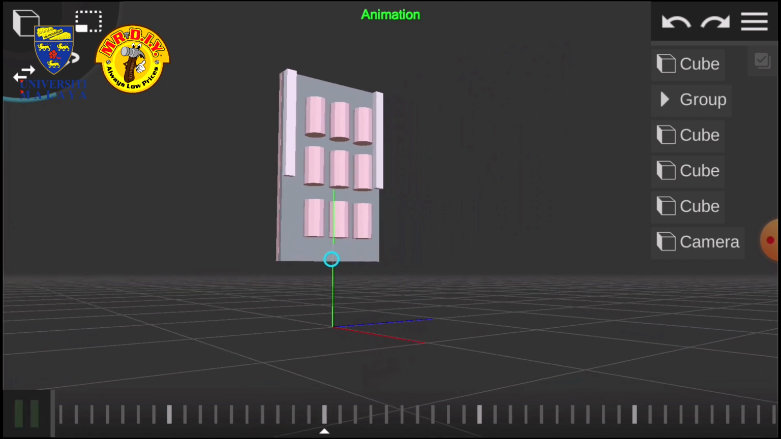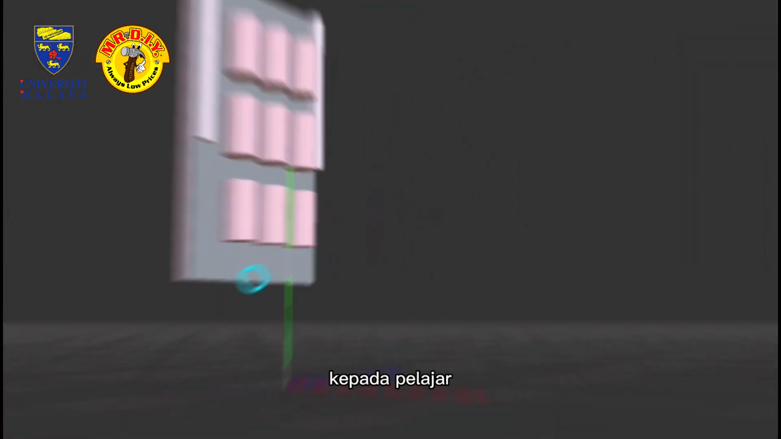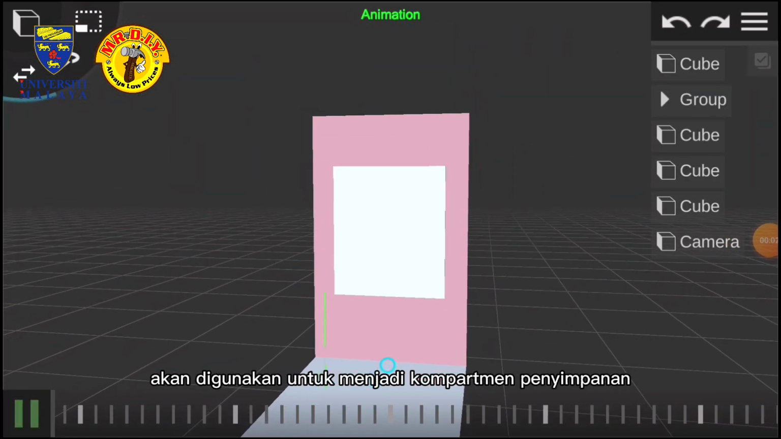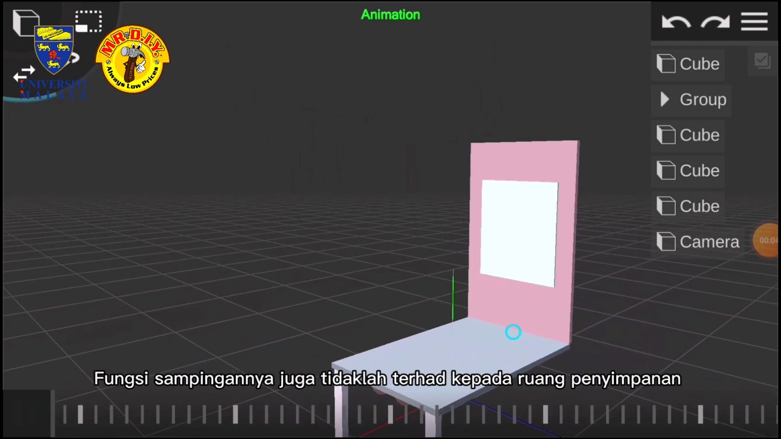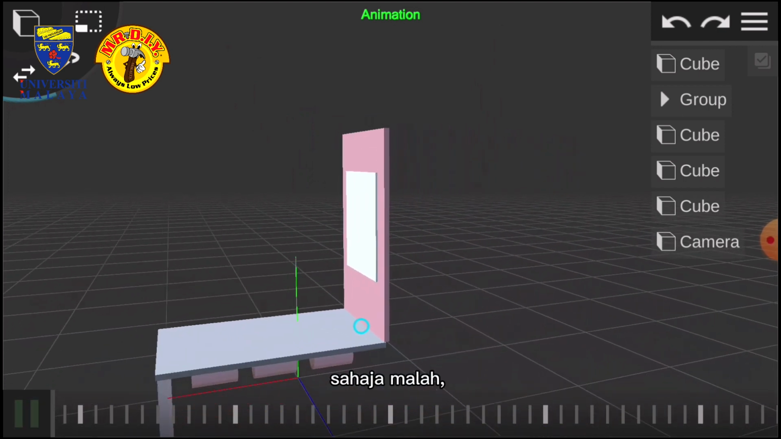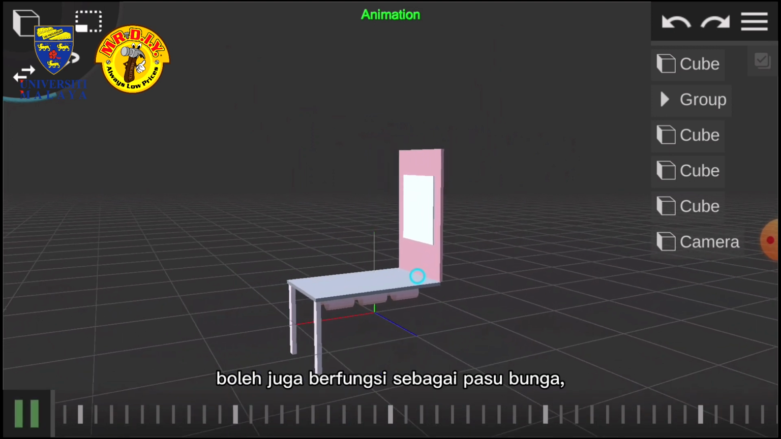Its side function is as an additional storage space for students, where plastic bottles will be used as storage compartments. Its side functions are not limited to storage space only; it can also serve as a vase, reward chart